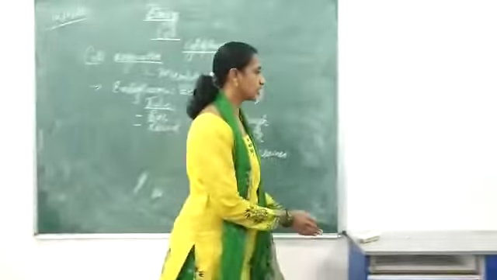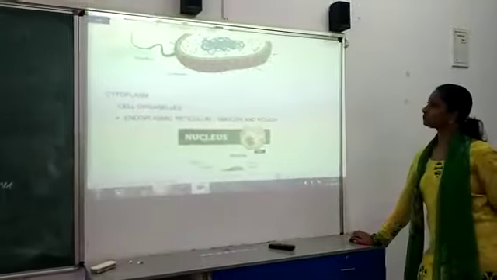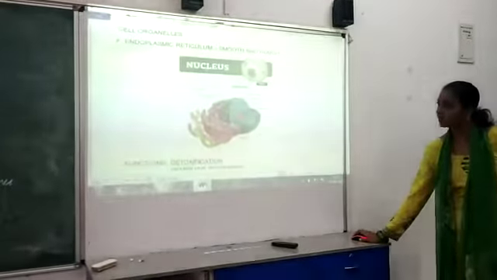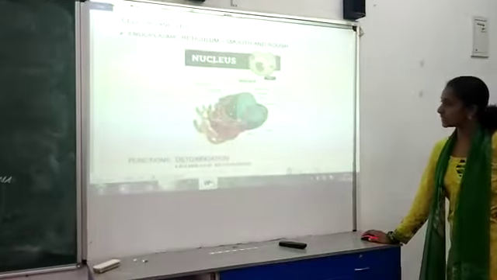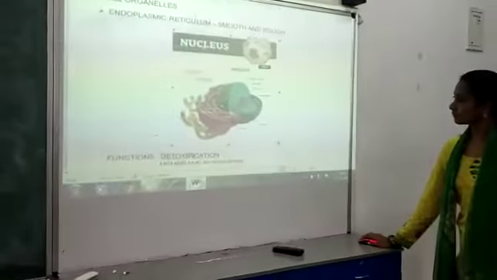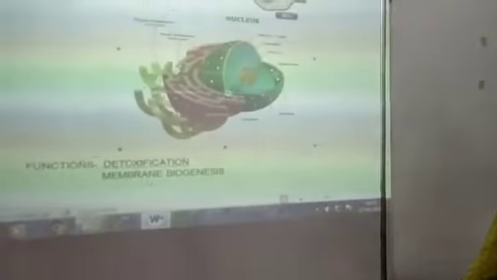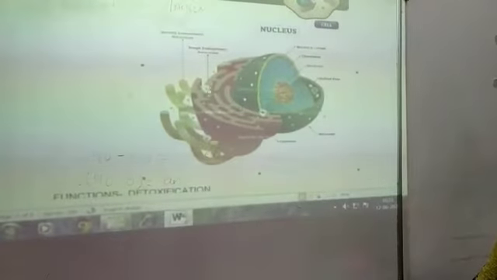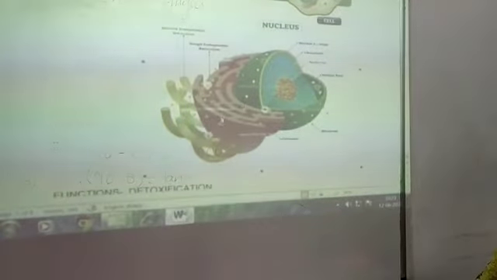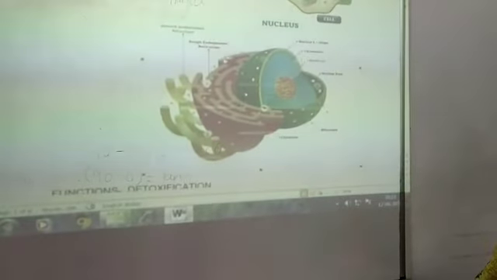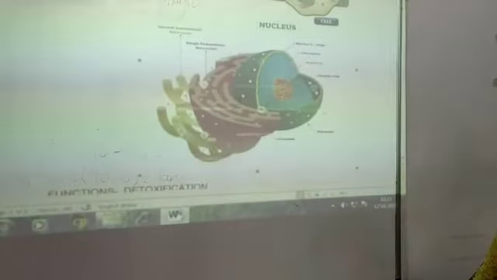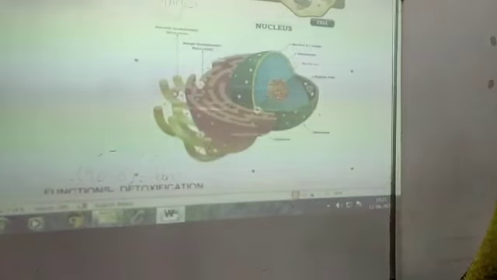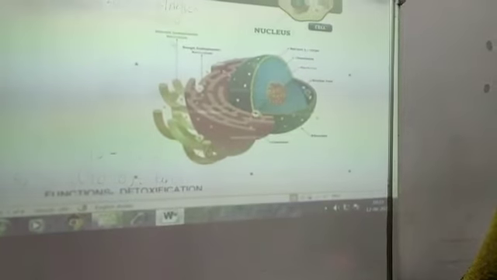Coming to the structure of the endoplasmic reticulum, observe here. These are the tube-like structures which are present. If you observe, these are the rough particles, which are ribosomes. These ribosomes are nothing but the sites of protein synthesis. Here we can see the smooth endoplasmic reticulum, which does not contain any ribosomes on the surface, hence it has a smooth film.